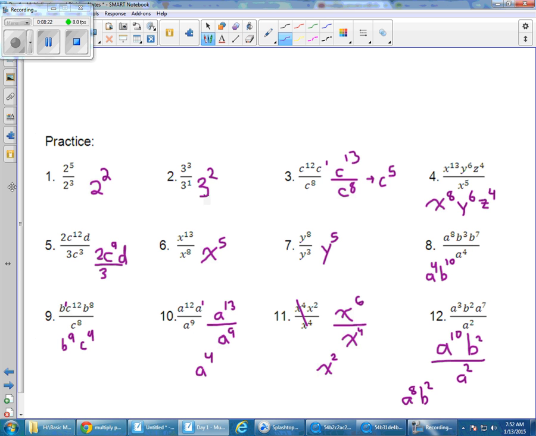Alrighty, there you have it. There is your practice. Here is a little thing to see if you are having trouble with this. Let's say I was doing number 2. 3 to the 3rd can also be written as that, and 3 to the 1st can also be written as this. So we divide. We're talking about this property where you can cancel them out. So I can cancel out these 3's because they're dividing. They just equal